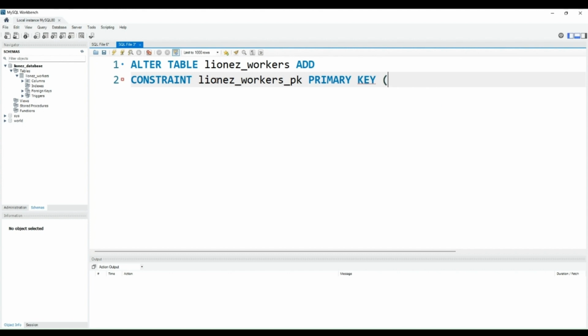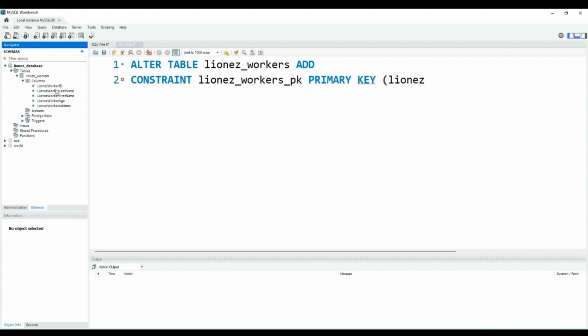The column we want as our primary key is lioness worker ID,